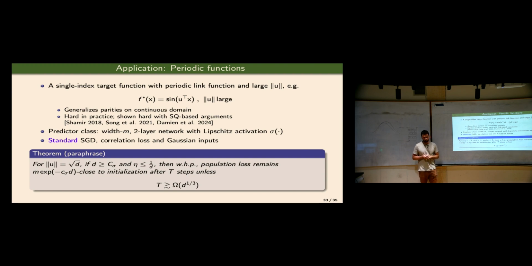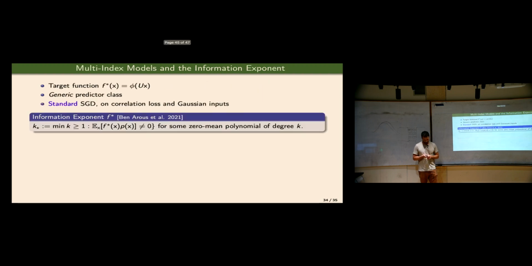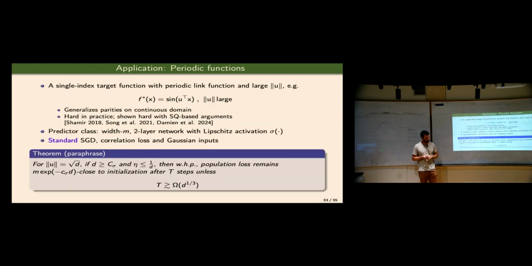Questions on this? Random walk, why does it say that it's close to initialization? Like having a result that says that the chance of finding the right one I can understand. Why should it be close to initialization and not just drift around? What do you mean close to initialization? You say the result is that with high probability the population loss remains close. Oh, it's just the loss itself that is close. Yeah, the loss. The parameters can drift as much as you want. Yeah, sure.